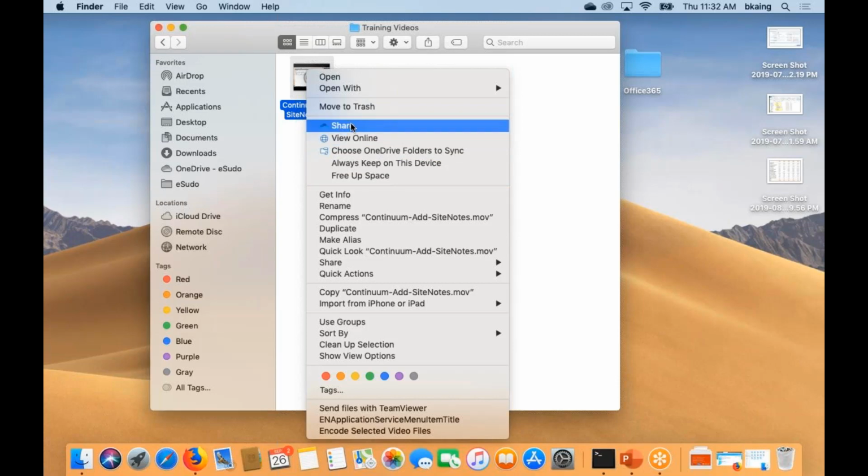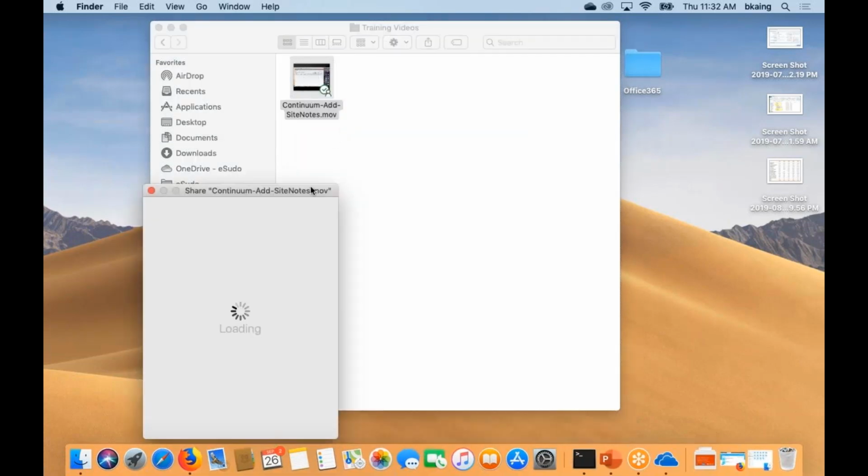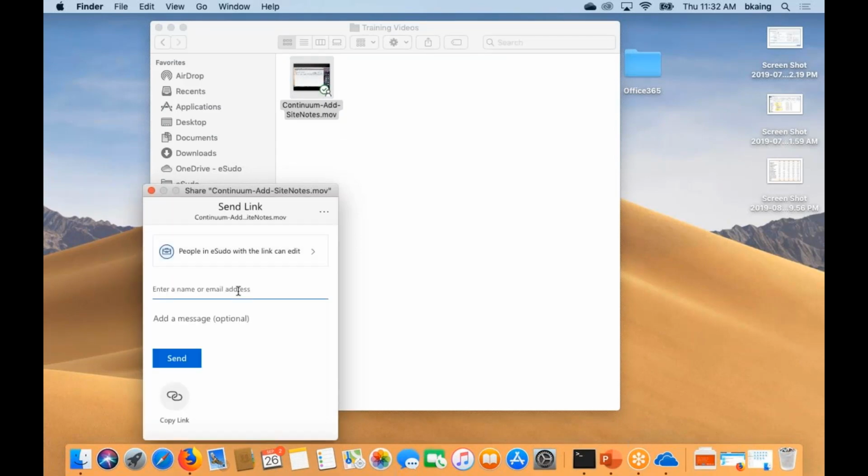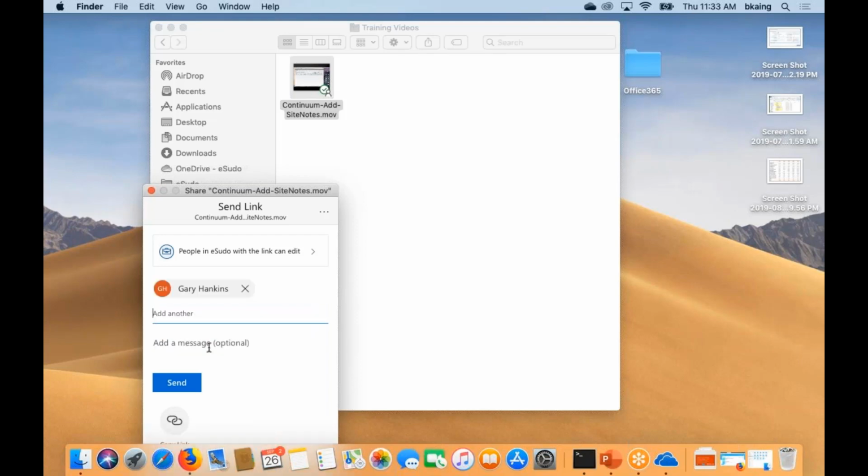If you want to share this document out, you click on the share feature. By default, I can share with, okay, since Gary is here, it's easier for me to share and demo to Gary. So I can click on Gary, and it pops up the name.